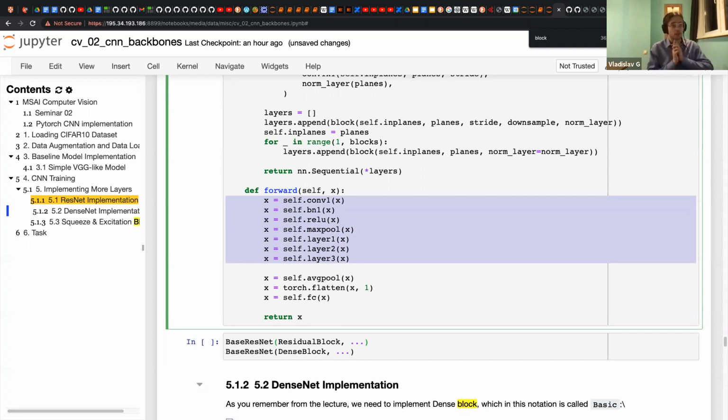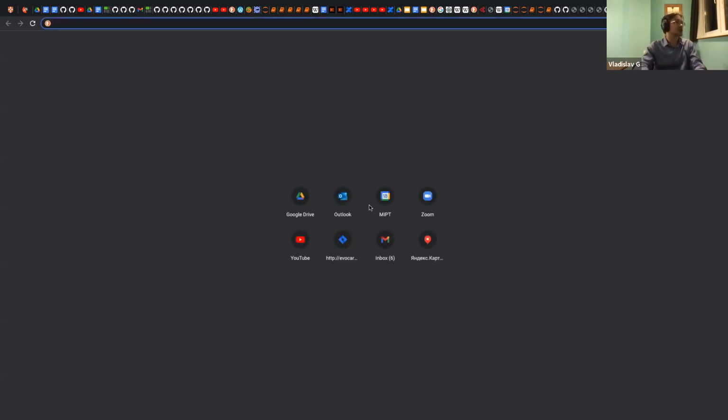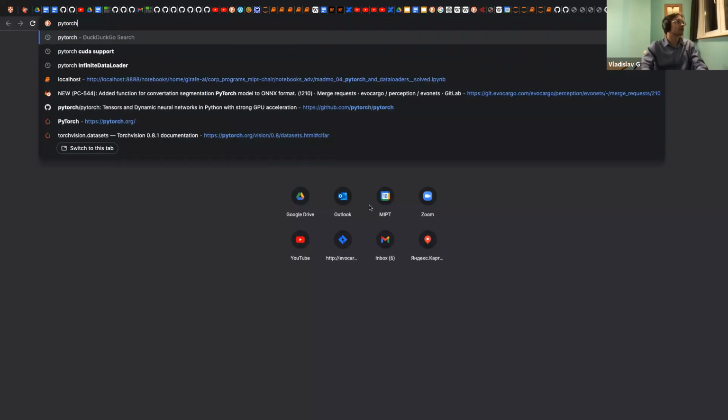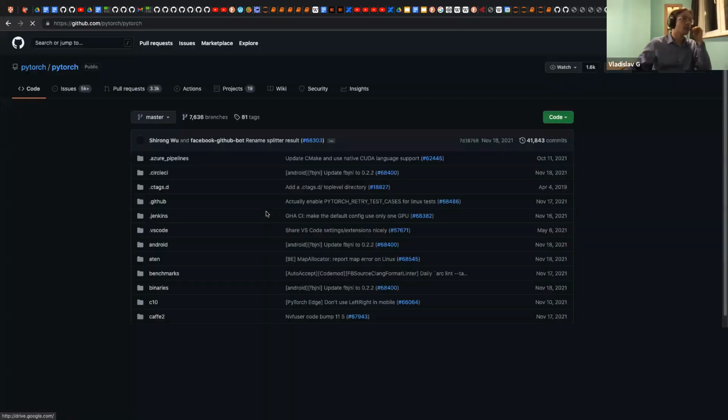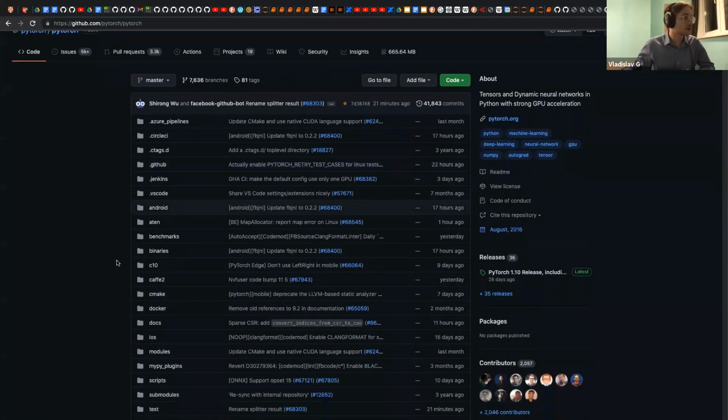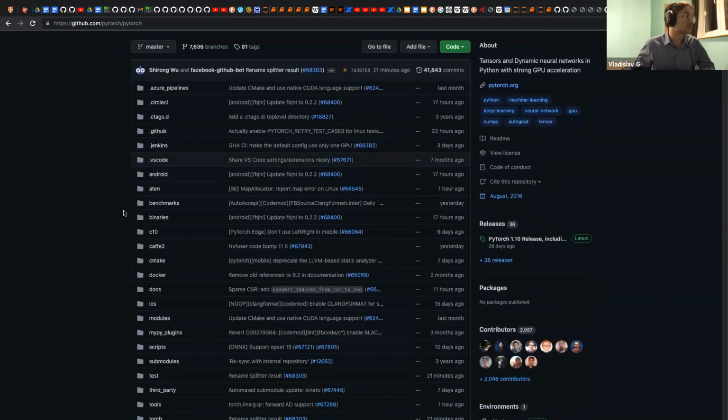More than that, nn.Sequential: let's not be scared, let's go to this repository and check out how nn.Sequential is implemented.